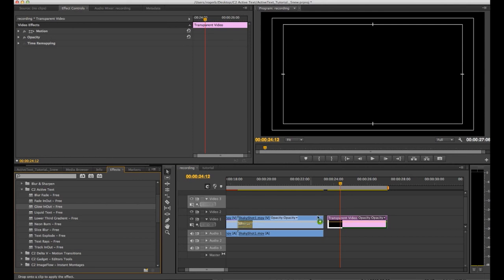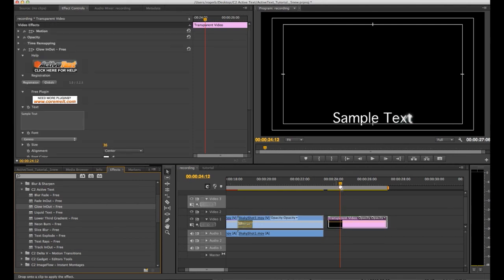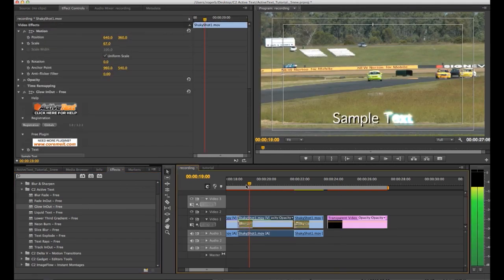Most of the ActiveText plugins can be applied on transparent video for the best control, but with 2 of the plugins, Text Raise and Glow In Out, you'll get a nicer look if you apply them directly onto the video layer that you want the title over. In that case, you can razor blade the layer to the desired length of the title, then apply the ActiveText